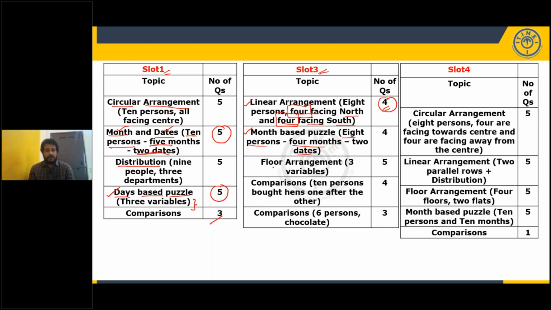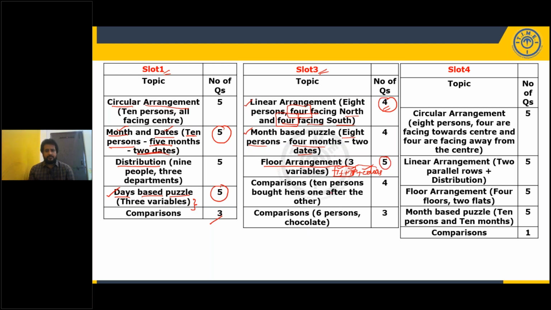And again, here also a surprise. Generally, they used to give floor arrangement questions, but they used to give 9 floors or 10 floors, 8 floors like that. But here it is given with 3 variables. 3 variables means they gave 7 persons to be distributed in 7 floors, as well as 7 colors to be distributed to 7 floors. Each of them likes a different color. So these 3 variables are given. Generally, they will give only 2 variable sets in floor arrangement when it comes to RRB PO prelims, but this time they gave slightly higher level of difficulty. We have to admit that.